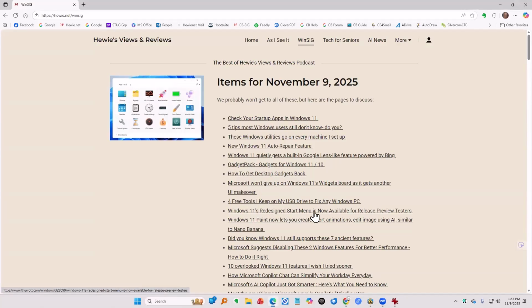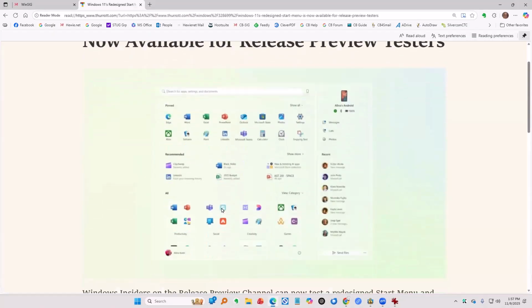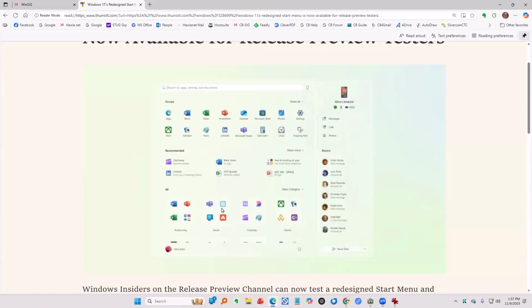Windows 11 redesigned start menu is now available for release for preview testers. I'm going to open the article because they've got a picture of what it's going to look like, but I don't have it yet because I'm not a tester. Is there anyone here who has played with the new screen,